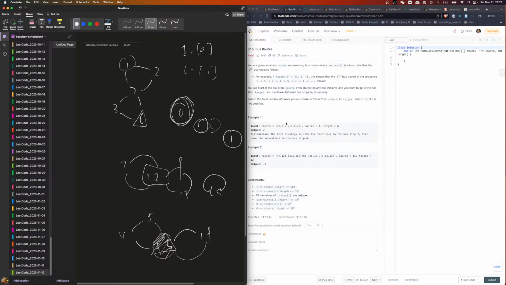That is a good question. We need to know the mapping between the routes. So like this one, the mapping will be 0 to 1, right? 0 to 1. This mapping will be 0 to 4, 0 to 4, and 2 to 3, right? That's its mapping. But how do we do this mapping? We probably don't even need union find if we can find the mapping